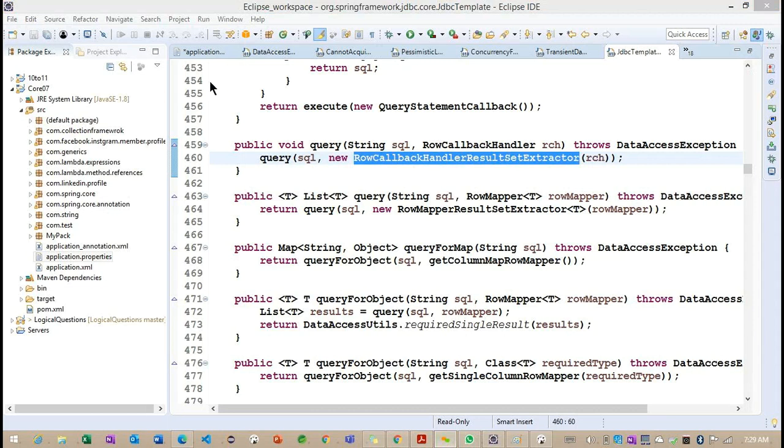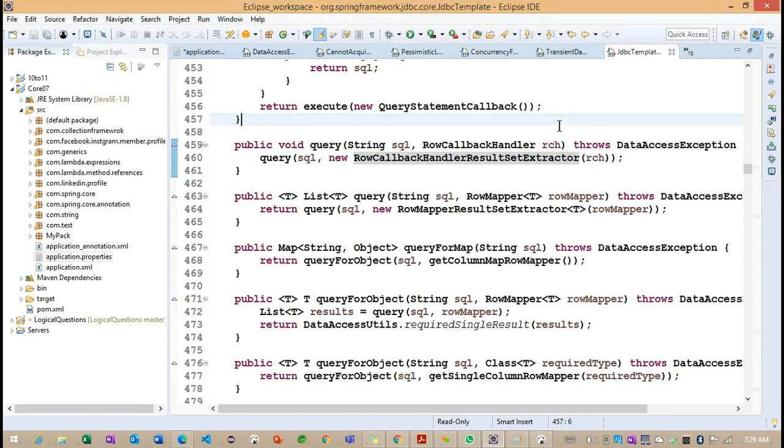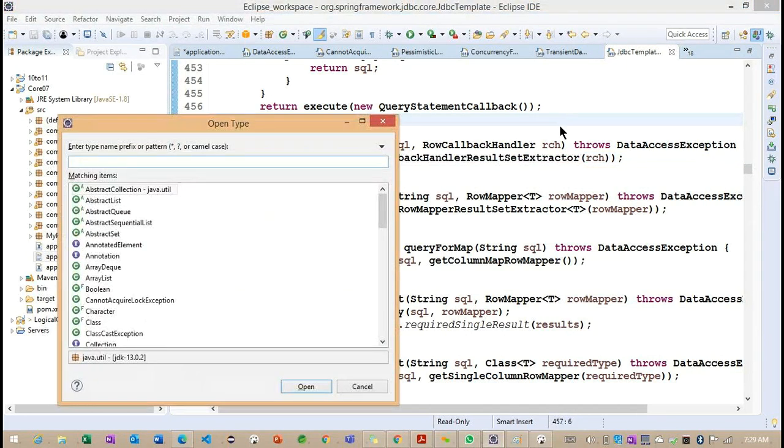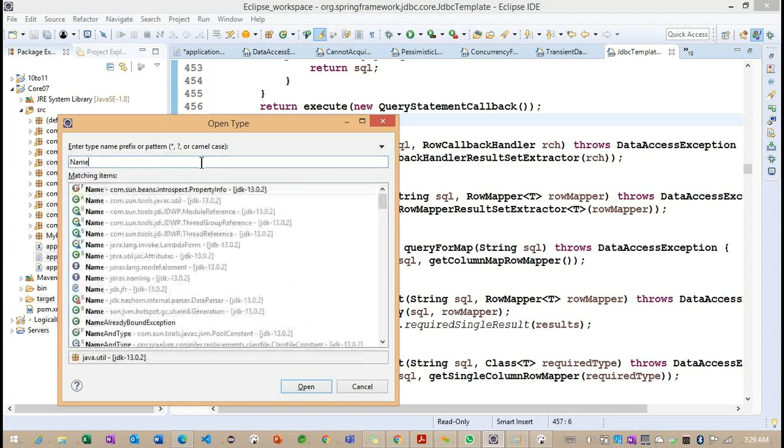In the same way, we have different template classes. What are the different template classes? The first one we identified is JDBC template, and the second one is named parameter JDBC template. We'll see the use of the named parameter JDBC template and the difference between JDBC template and named parameter.